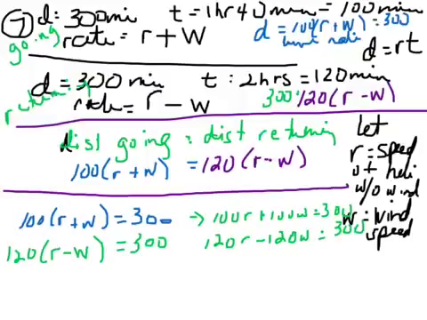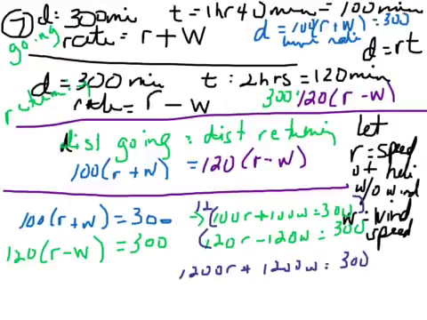And what's going to have to happen here, I'm going to have to get rid of a variable. So let's see. Maybe the smallest thing that both of these would divide into would be 1,200. I'm going to get rid of my W's, okay? So if I multiply the top one by 12, I'd get the equation 1,200R plus 1,200W equal 300. And down here, if I want to get rid of the W's and I want to get 1,200 out in front, I like that I already have this subtraction sign here, but if I multiplied everything by 10, I'd get